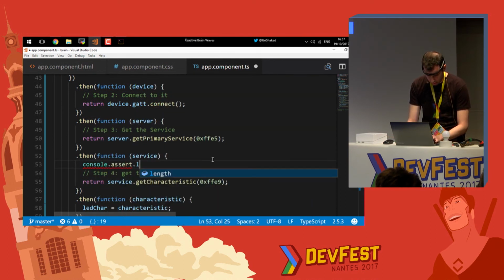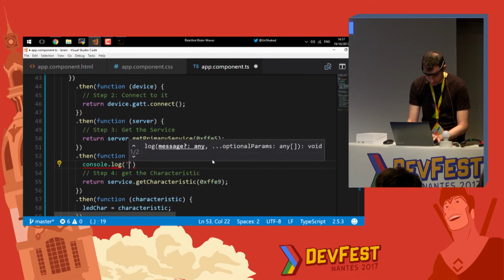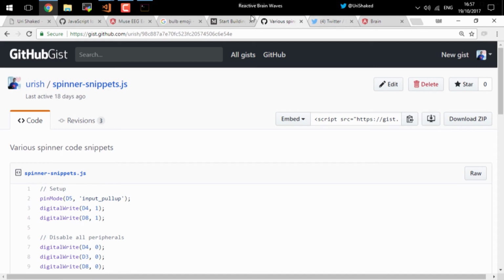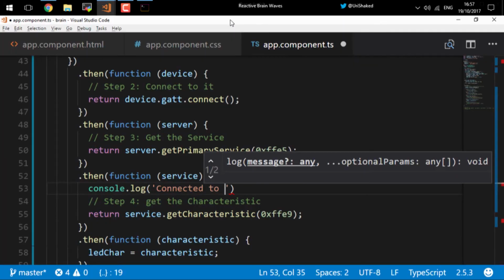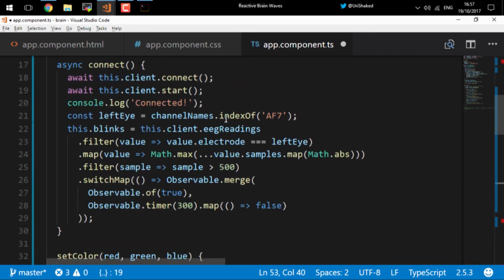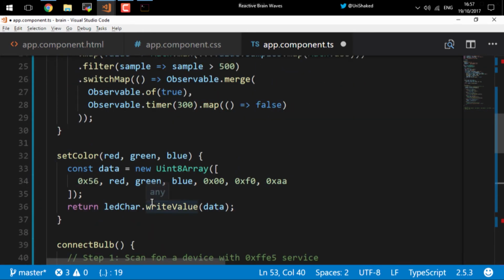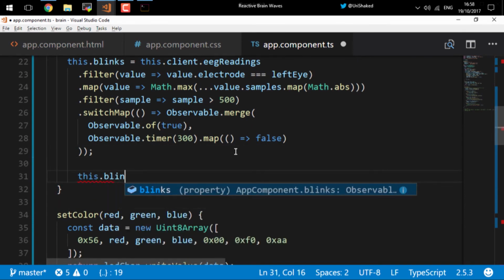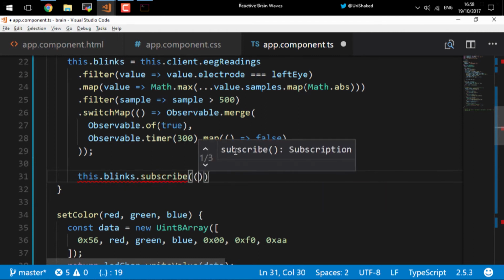Console log, don't console assert me. Connected to bulb. Yes. So if everything goes well, once we click on the second connect button, we'll connect with this bulb. And then we can use the setColor method to change the color of the bulb. So we are going to subscribe to this.blinks again. And this time,